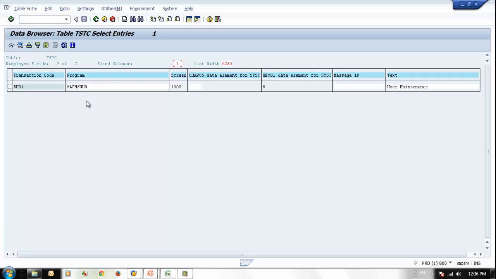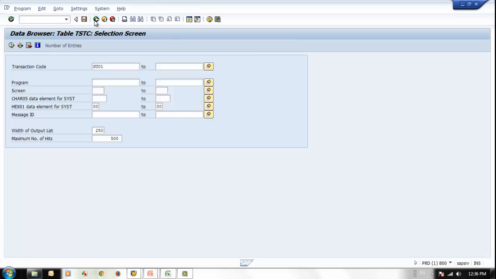SU01, this is the program. So instead of calling the transaction code SU01, I can call this program directly. I can execute the program directly. So what we do is we go to